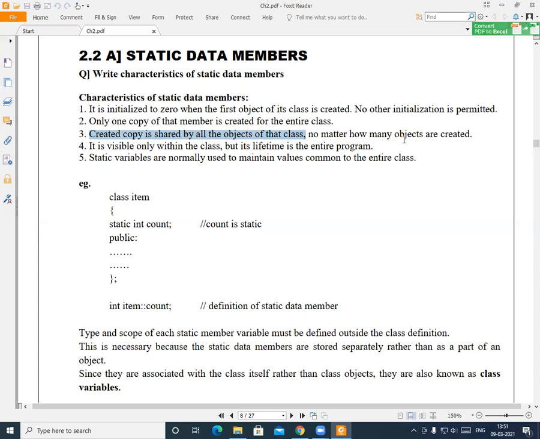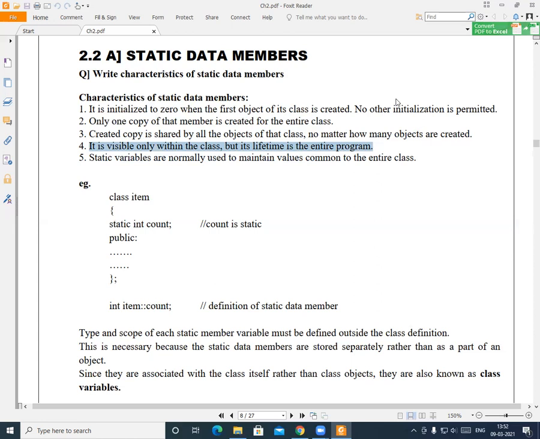If we create 70 or 90 objects of a particular class, then also only one copy will be created. That means for all the objects there is only one copy, and that copy is shared by all objects.